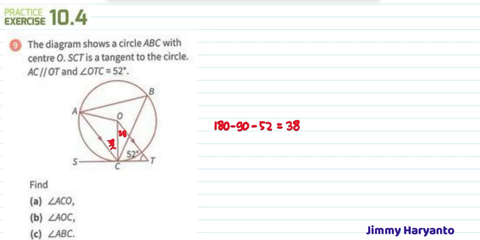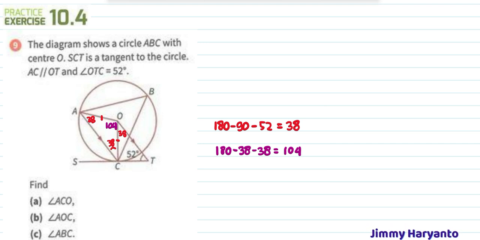And after that I can find this one because this one is a radius. That means this one is also the same, 38. And then I can find this angle. So that angle will be 180 minus 38 minus 38 equals... 76, 104, yeah. No, it's 79. So 101, I guess. No, the first one is correct, guys. 104. Okay, so this one is 104.